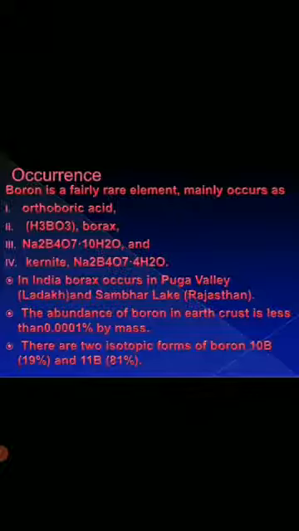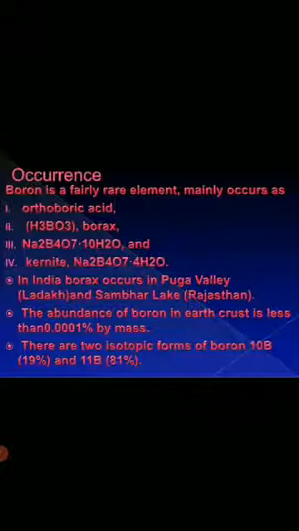It is not present in excess, but is present as a very rare element, and it occurs as orthoboric acid, borax and kernite. The orthoboric acid formula is H3BO3. Then we have borax, its formula is Na2B4O7.10H2O, and kernite, which has formula